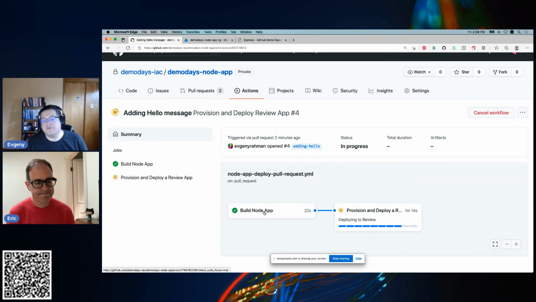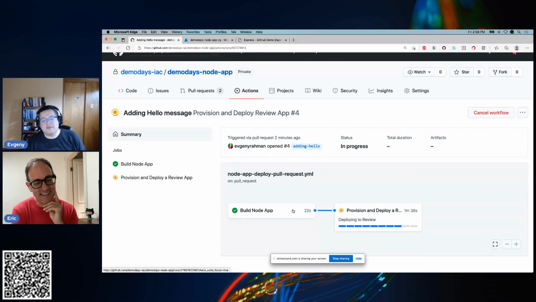If this failed, if suppose there was something wrong with my node code, which never happens, who makes coding mistakes, right? But if for some reason... Speak for yourself. Exactly, right? So, we can all live in our dreams, right? Then suppose there was something wrong with this, we'd get a red X here. I'd have to go back to the drawing board, see what was wrong with the change I proposed, right?